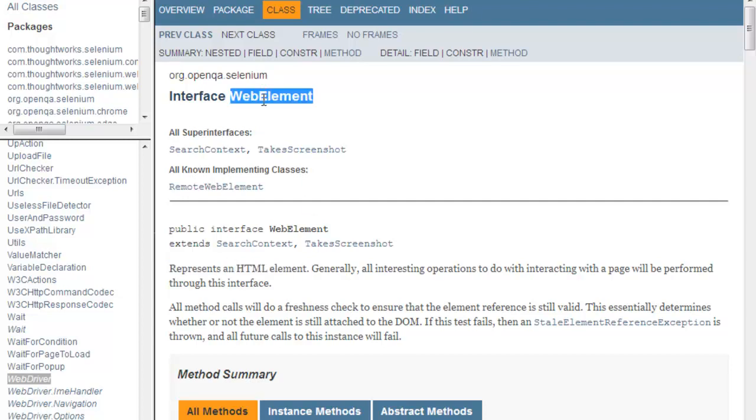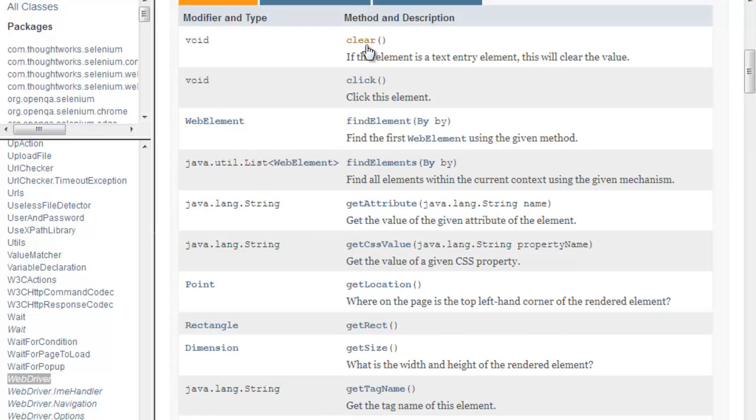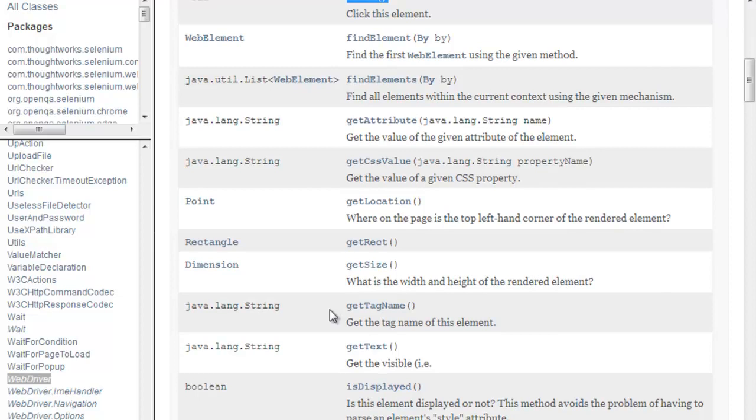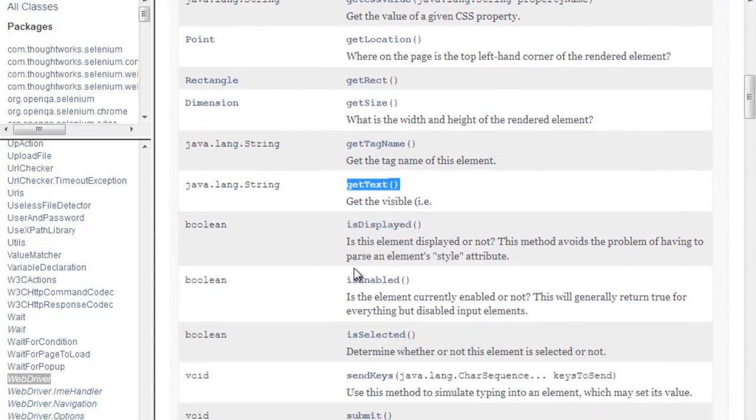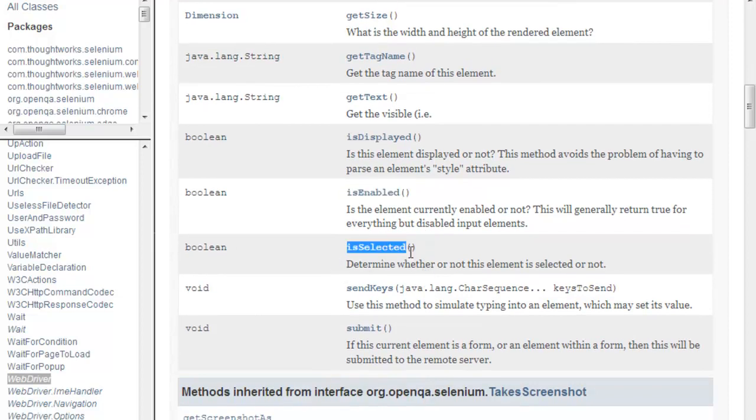As I told you, a link is a web element, a button is a web element, everything is a web element. It's got functions which you can apply on any element. For example, click or get the text out of the element. Is the element displayed? Is it enabled? Is it selected in case it's a radio button or a checkbox? Send keys will be used to type into the element if you want to type.